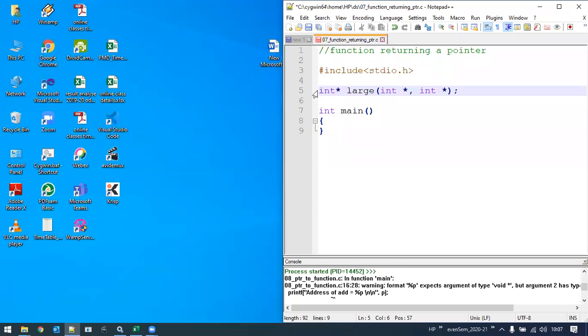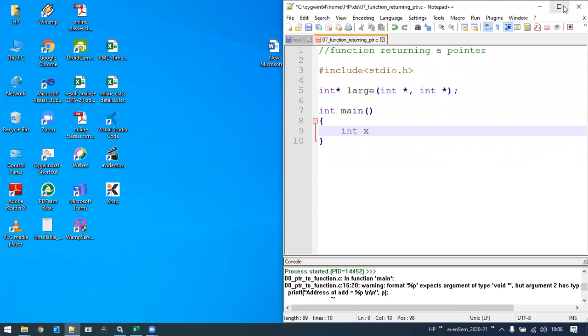So it reads that. Now notice the return type here. It is not simply the integer value, but it is a pointer of the type integer. Can you find this difference here? Int asterisk means that what this large function is going to return is of the type pointer. Pointer means the address. Now let's have certain statements, variables declared in the main function, and the statements which will call the user defined function large. Say I need two variables here, say int x.